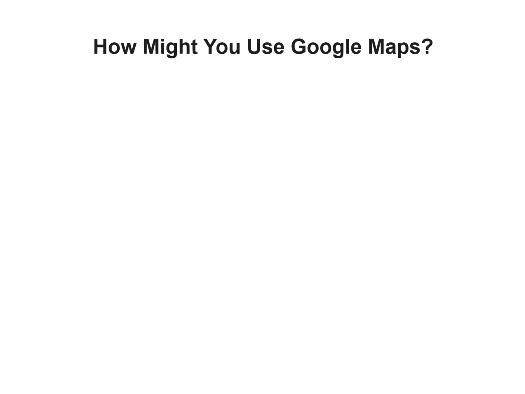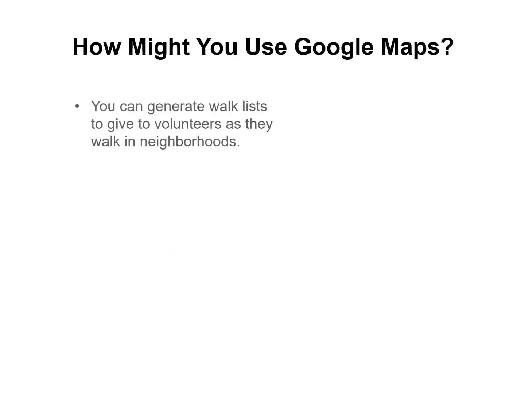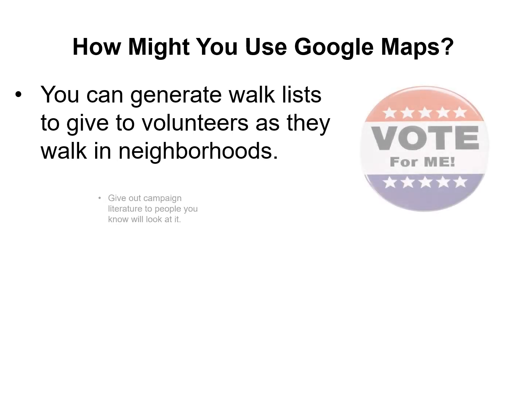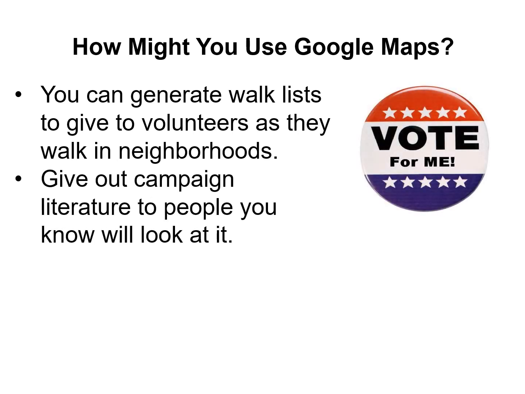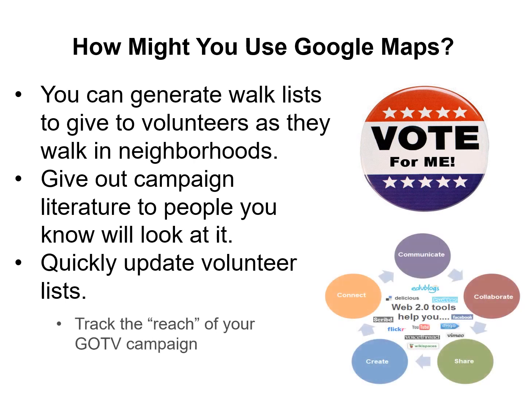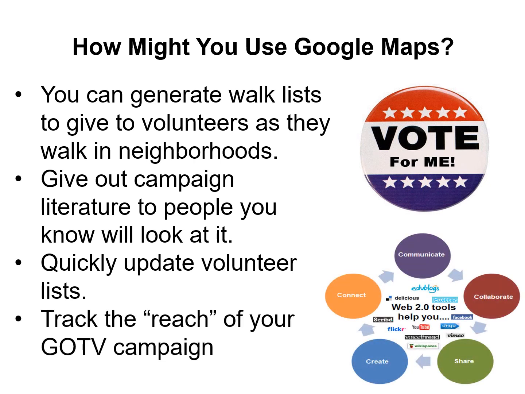How might you use Google Maps? Well, you can generate walk lists to give to volunteers as they walk in the neighborhoods to knock on doors about your candidate or your issue campaign. You can give out campaign literature to people you know will look for it based on the Google Map information. And you can quickly update your volunteer lists if you find other people that are willing to volunteer that you hadn't known about previously. You'll want to be able to track all of this and the reach of your campaign